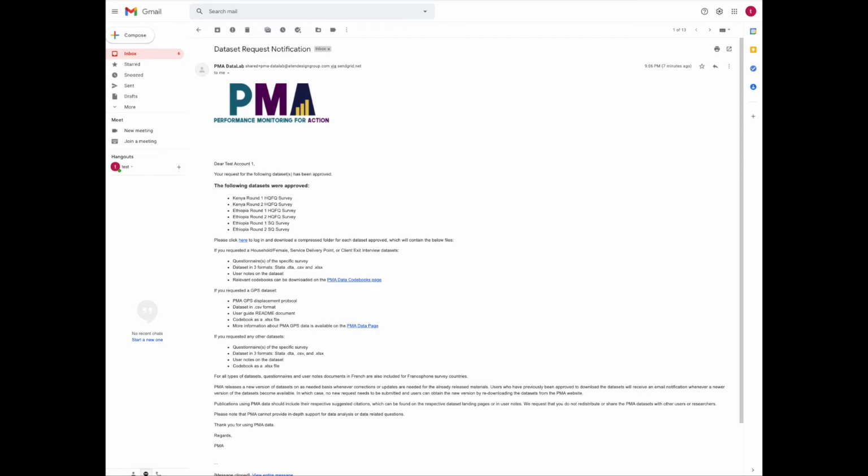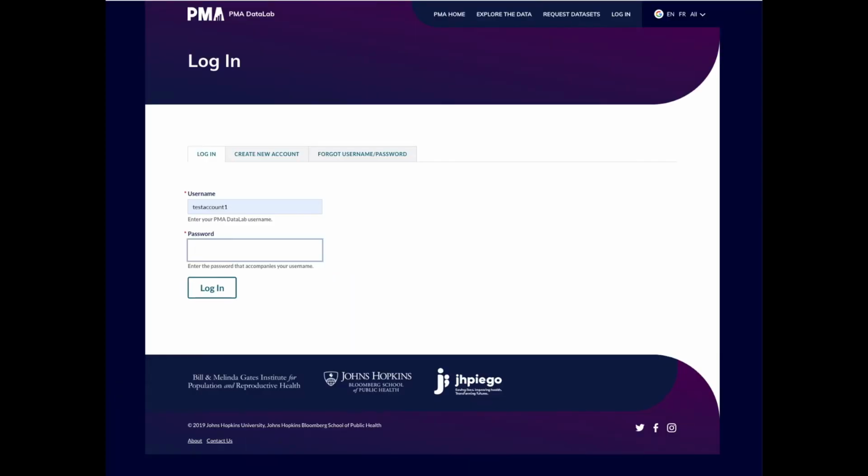Your request may be declined if the nature of your intended usage doesn't comply with our PMA data use policy, or you provided insufficient information about your project. In the latter case, the email will contain instructions on how to submit another request with more information about your project. To download approved datasets, you will log back into your PMA account,